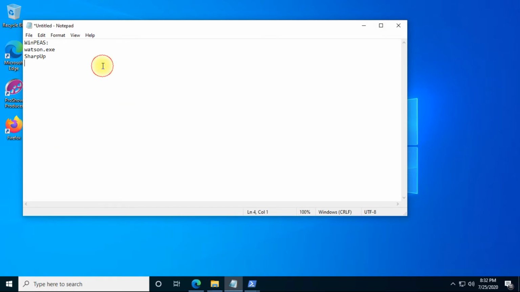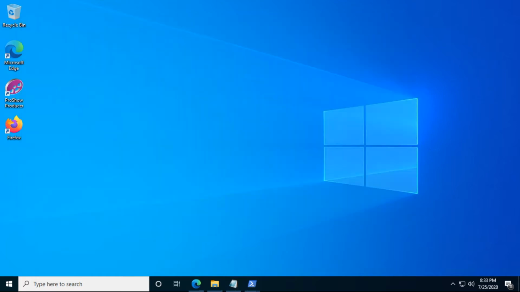This is my favorite tool. First of all, we'll open the GitHub link for WinPeace, where you can get the batch file of it. Why is this my favorite tool?